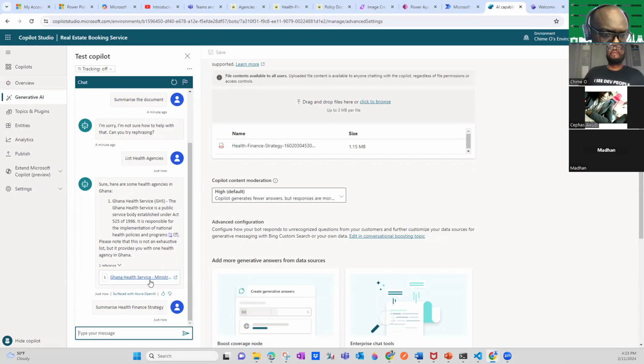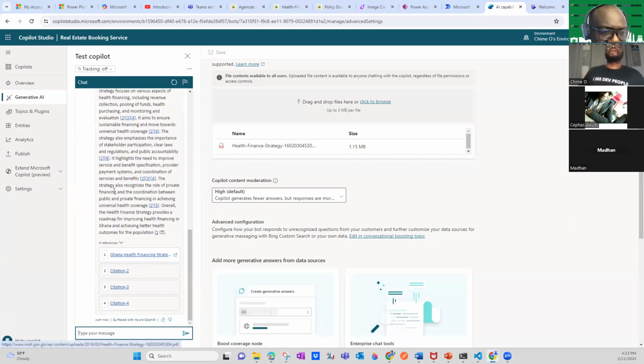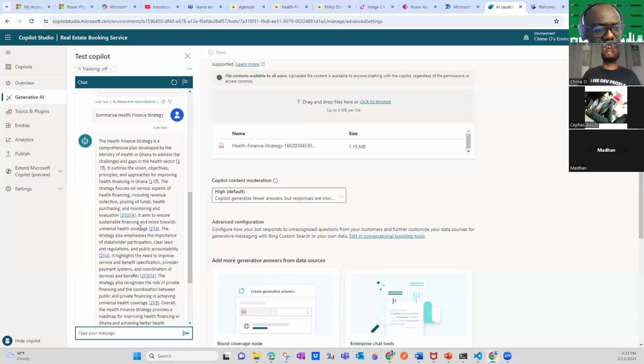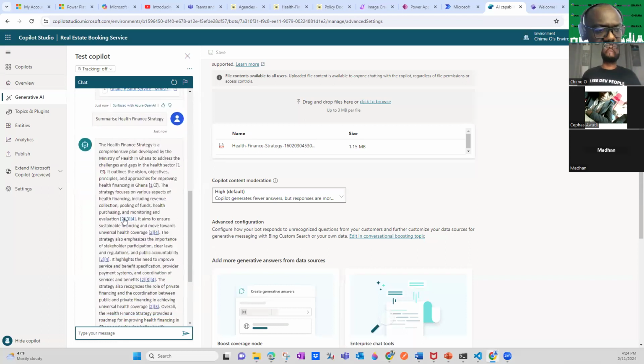At the same time, it's not only summarizing it, it's also giving you citations, references showing where it got those words from the documentation. You can click on them and see more words of that documentation.